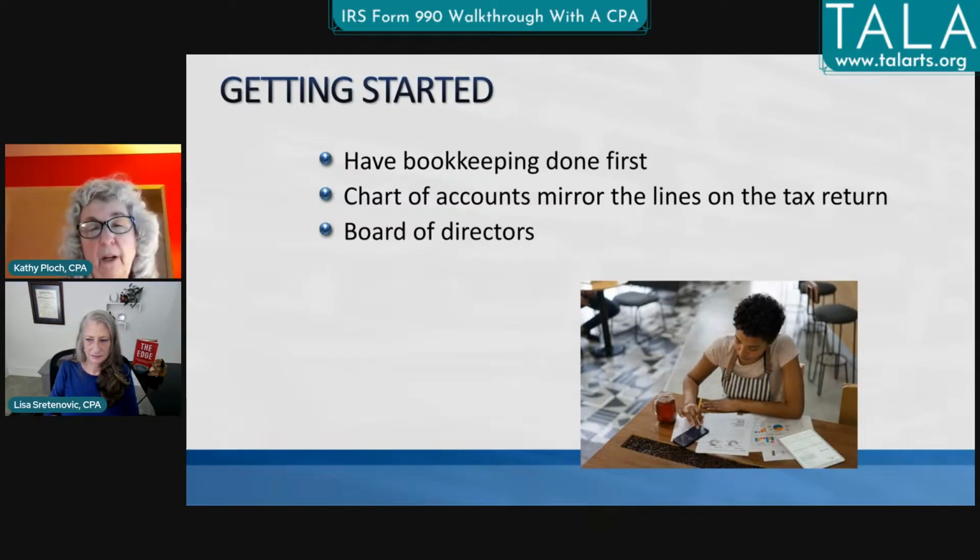Because, as a preparer, whether I'm doing it or whether you're doing it yourself, you're still going to need to get those numbers on those lines. The other thing you're going to need is a list of your donors. Some may have donor software, others may just do it in Excel. You are going to need on the Schedule B to at least show anybody that gave $5,000 or more. So you're going to need to have some accounting doing that.